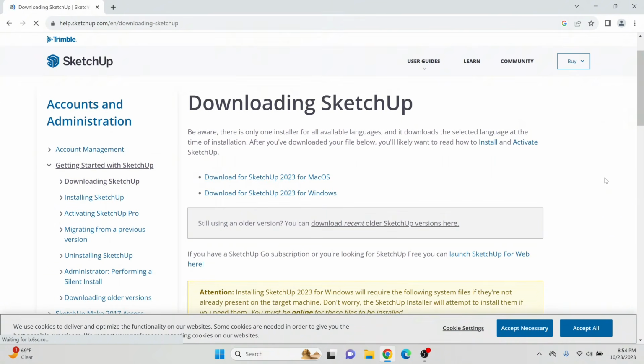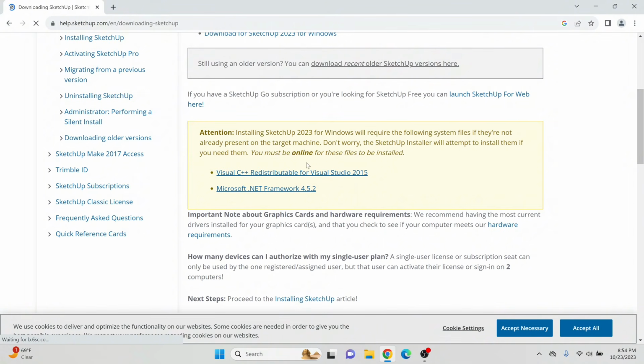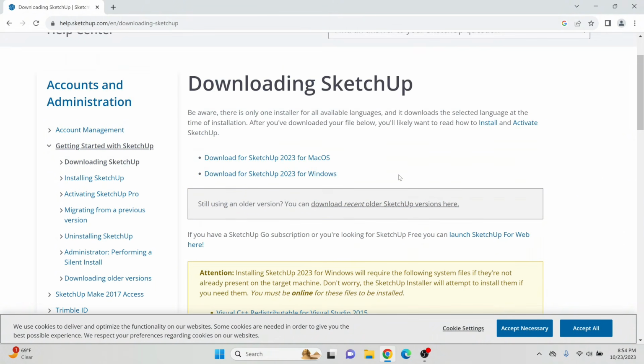Here it's going to bring up two options. Before you download, you have to know that it's gonna install some few softwares. That's Microsoft .NET Framework 4.5.2 and Visual C++ for Visual Studio 2015. You just have to keep that in mind. So you come back here and